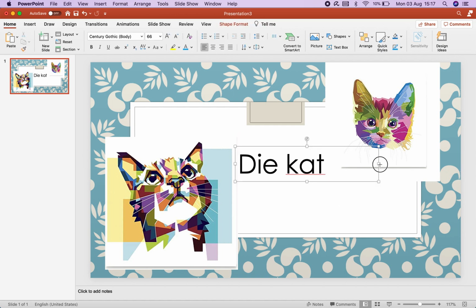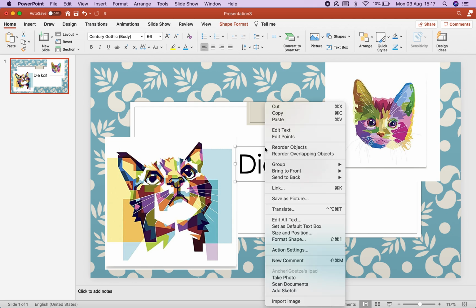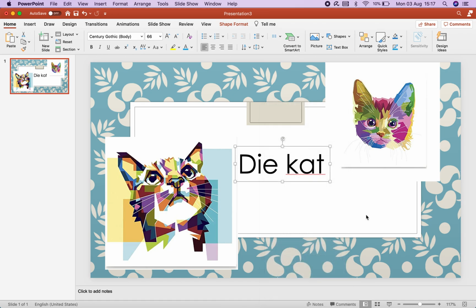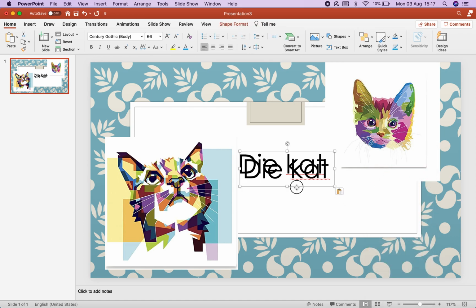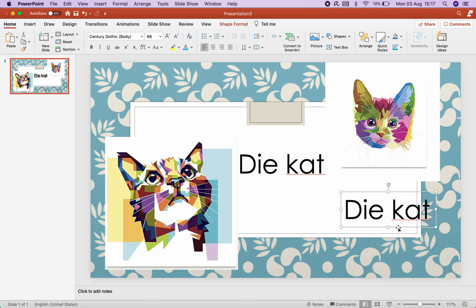Right, now you can either go to insert again and choose a new text box, or you can do like I do, just right click and then you say copy, and then just click on wherever and then just say paste, and then you get a new text box. Right, so now you're going to type in another text. So let's just select all here. Okay, the cat,